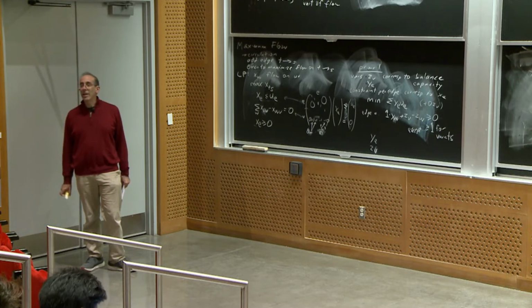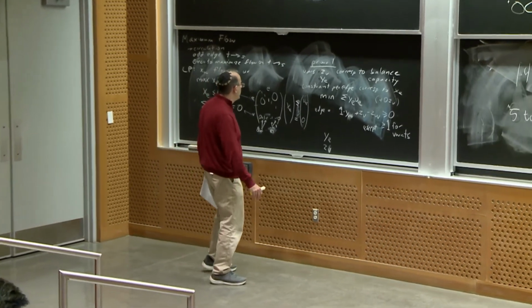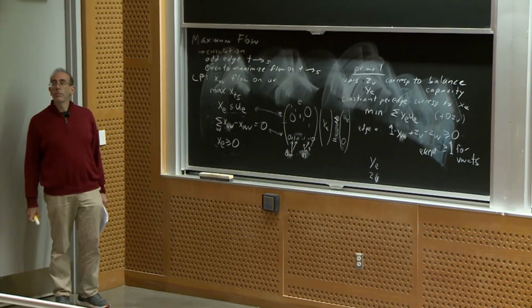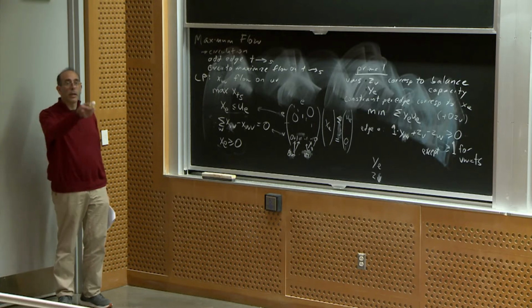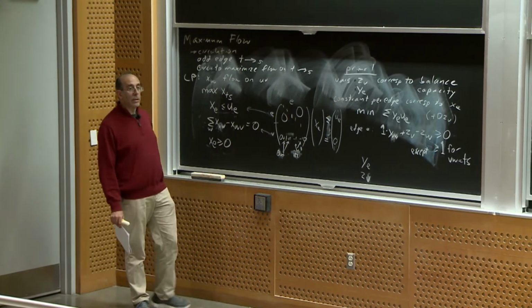And again, what's the process for deciding? If you want to figure out what the sign of ye should be, where do you look? Yeah? We had x sub e has an upper bound, so y sub e should be greater than or equal